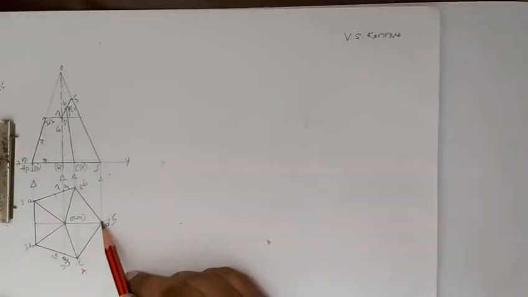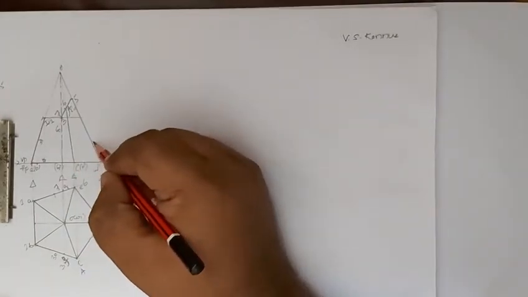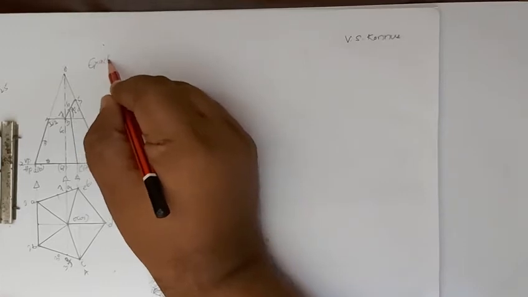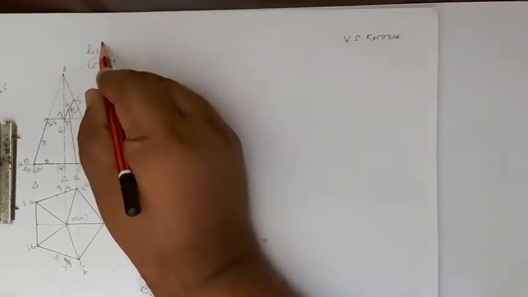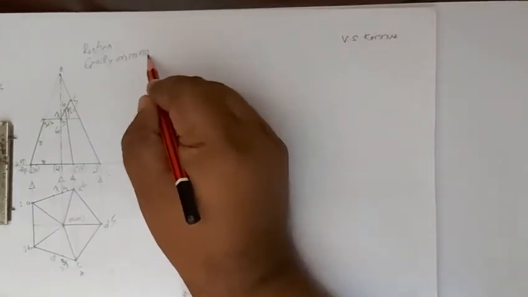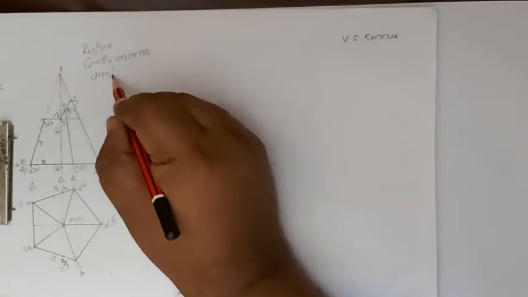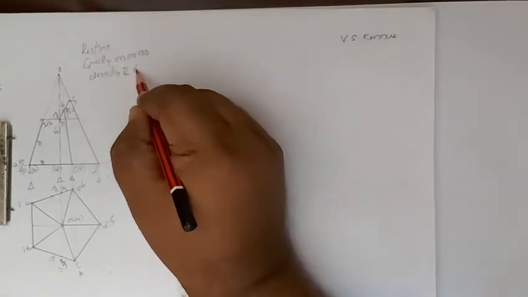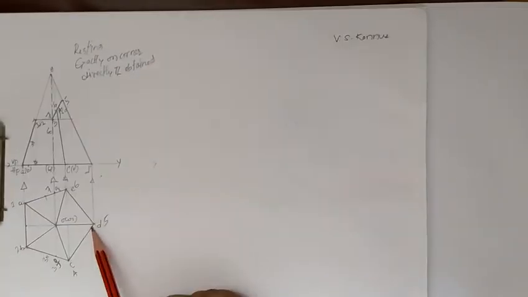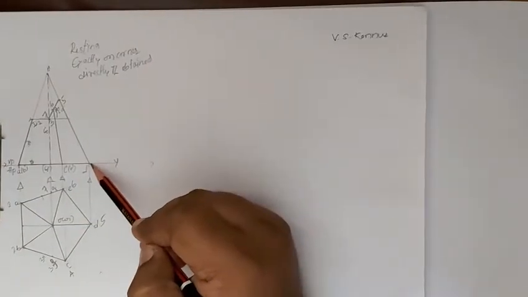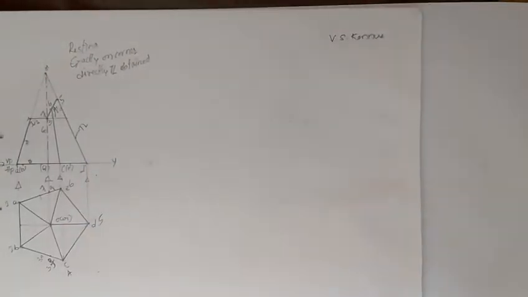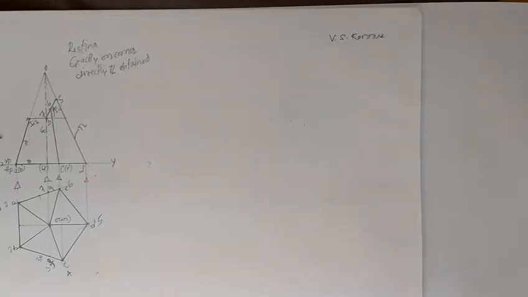So wherever the corner is there, we'll get the true length directly. If it rests exactly on the corner, resting exactly on the corner, the true length is directly obtained, right? Because OD is resting on the corner, OD becomes the true length. This is the true length, no need of any construction, right? OD is the true length.